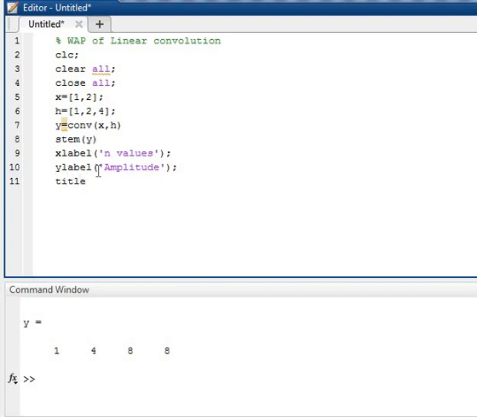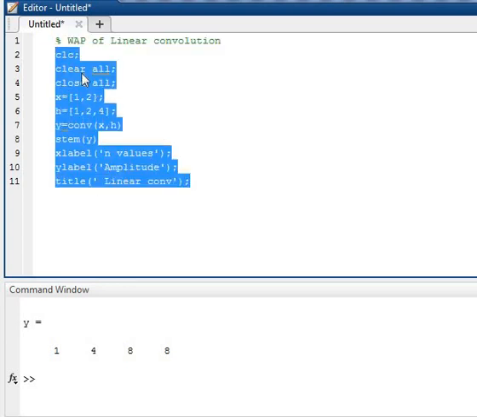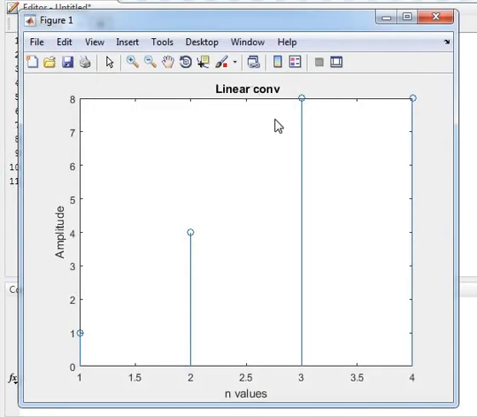In this I will tell you about the basics in a very simple way. Now I implement it and show this. Linear convolution is my title, with the y-axis and x-axis, and this is my discrete signal.